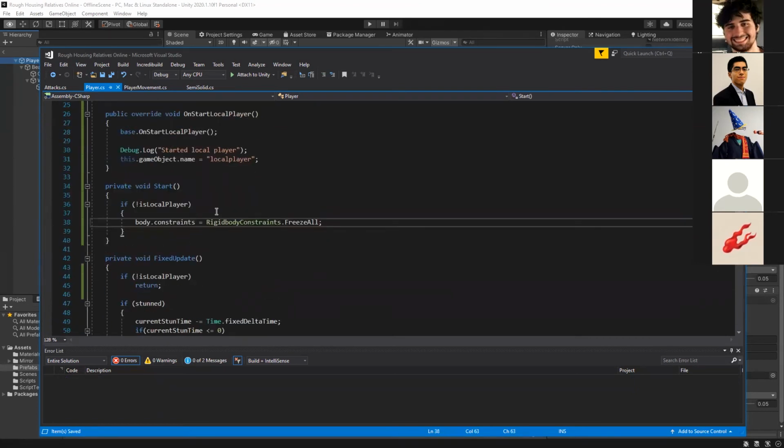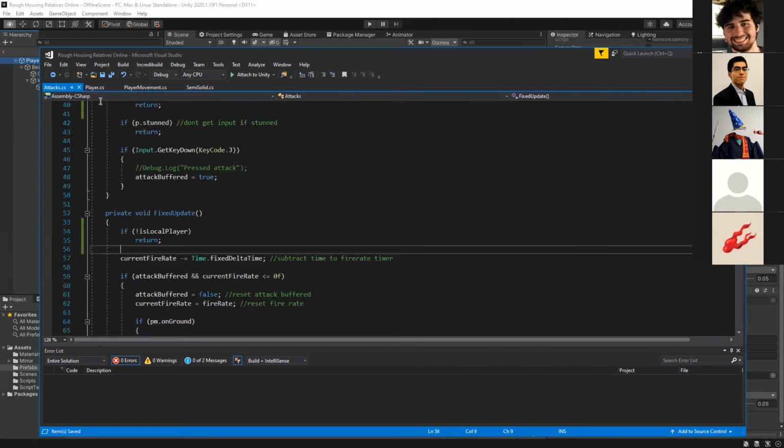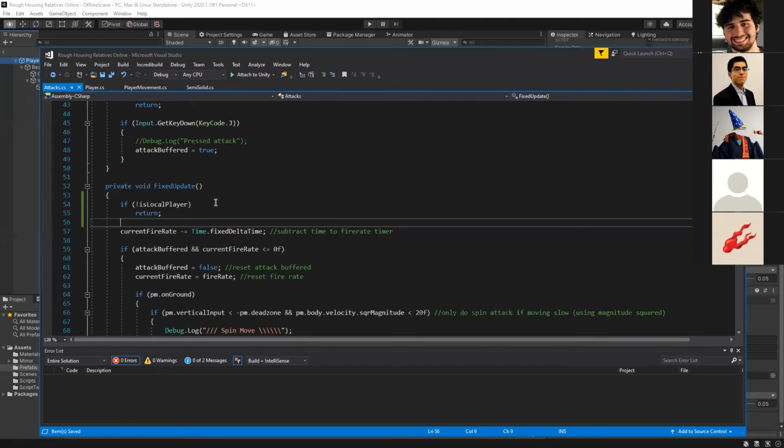And we added that. Now we can actually network the attacking, and right now it's just a ray cast, whatever you want to call it.